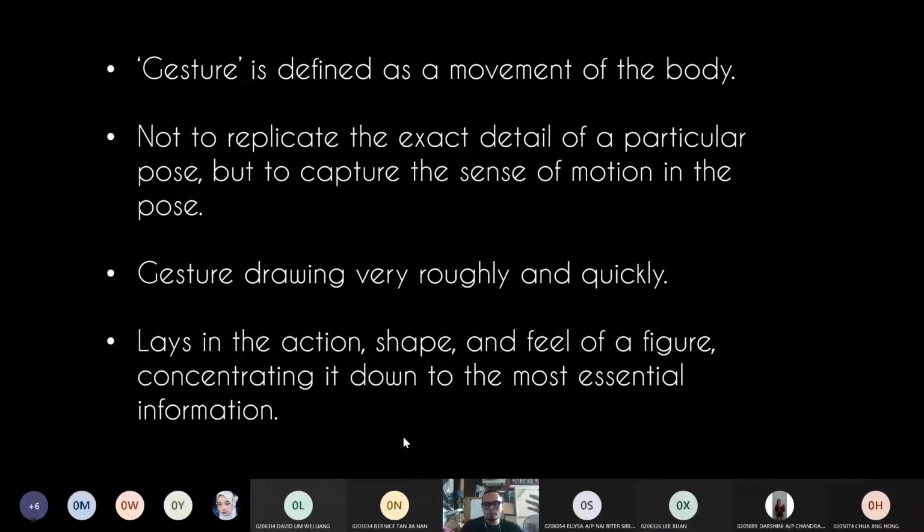Okay, I'm going to continue. Gesture, because in the video they have not shown you a gesture. Right, I'm going to explain about the gesture. Gesture is to define a movement of the body, so that when we do a gesture drawing, our goal